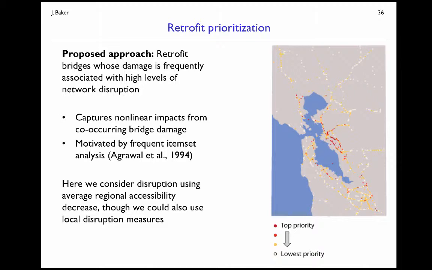So you could use a local disruption measure, say, in this community, when I see high levels of disruption, which bridges are being damaged in those types of simulations? Or if I took all of the communities of interest from a few slides ago and looked at high impacts there, which bridges are being damaged in the situations where those communities are experiencing disruption to the network or loss of accessibility. So you can tailor your disruption measure to target the retrofit strategy you'd like to utilize. Okay, so this is work in progress, but it's one concept that we're continuing to explore in our group, thinking about this retrofit prioritization using network level risk assessment.